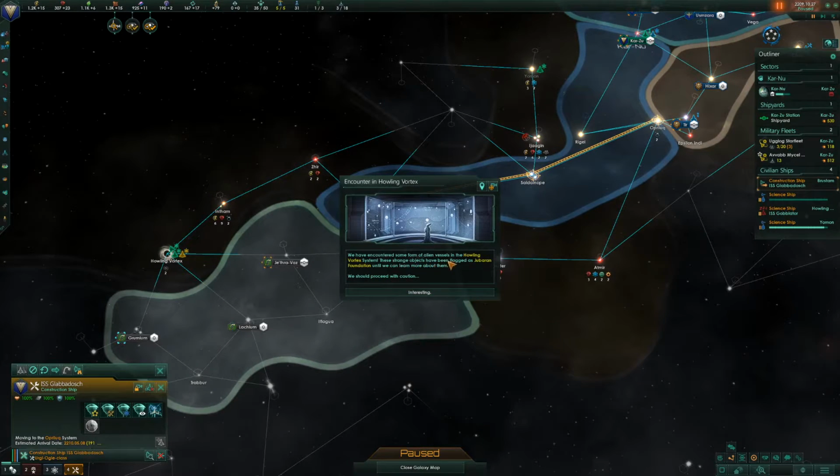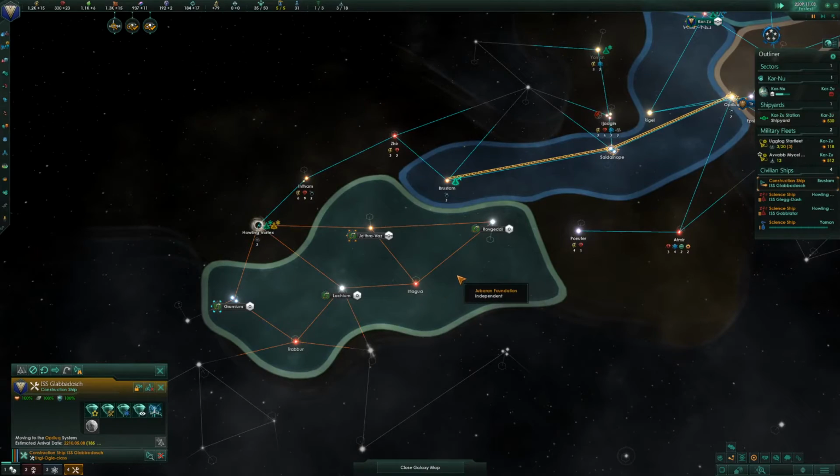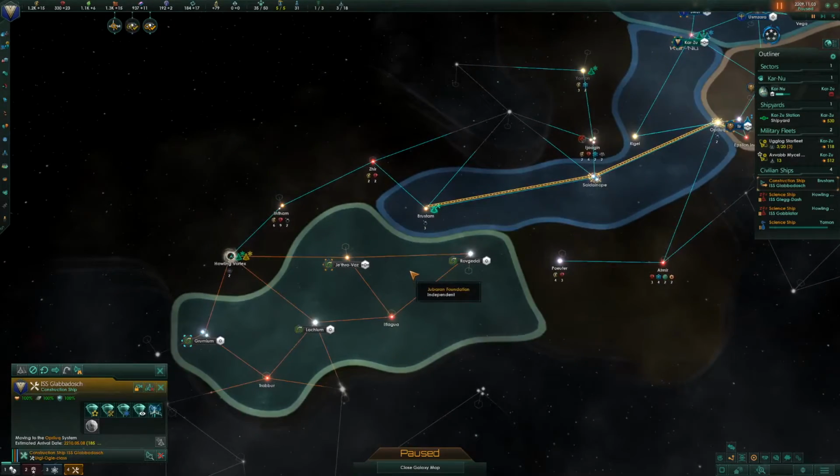We have encountered some form of alien vessel in the Halloween Vortex system. The strange objects have been flagged as gibbering foundations. We can learn more. Okay. We'll want to explore that at some point. So now...